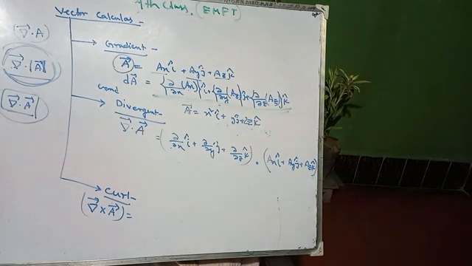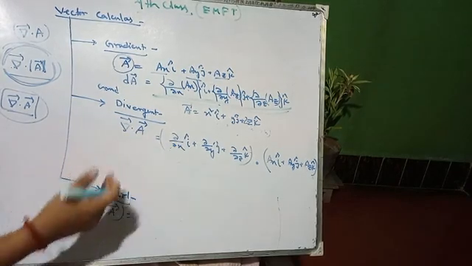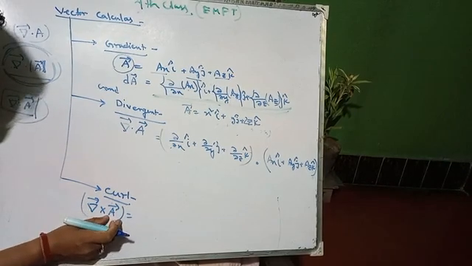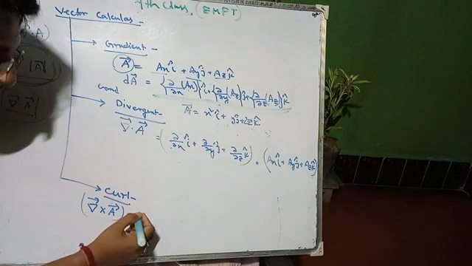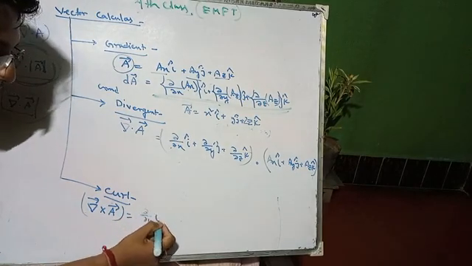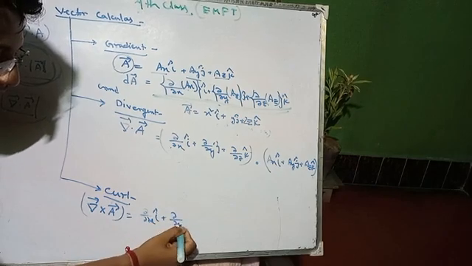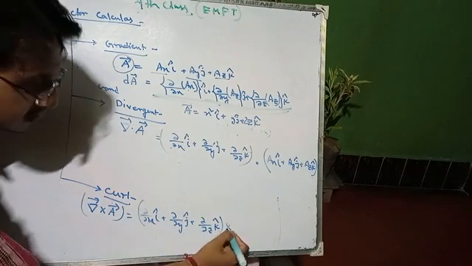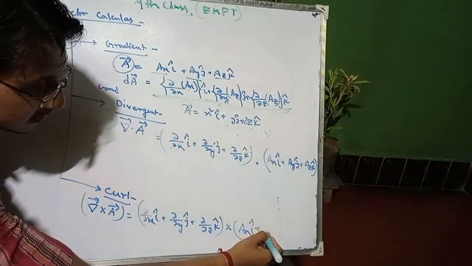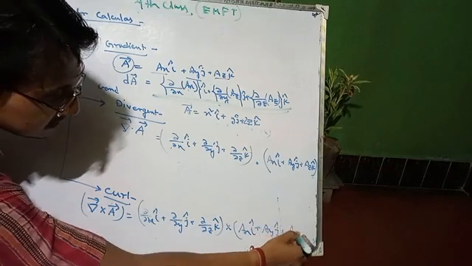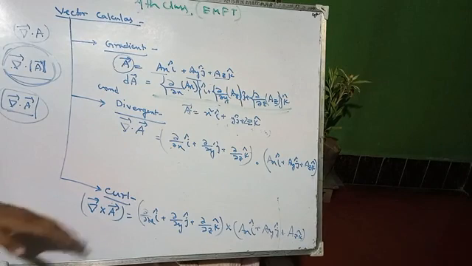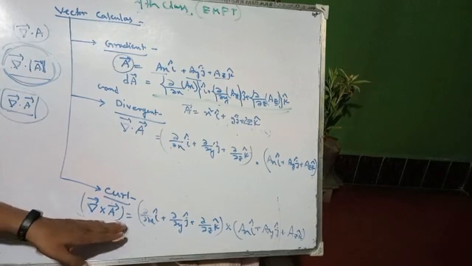So what will be your answer for this case if we consider the same expression and same example? The cross product of a vector with the del operator results in: del x i cap plus del y j cap plus del z k cap, this is your del operator, cross product with ax i cap plus ay j cap plus az k cap. Today I will discuss a way by which you can find this curl of any vector directly,